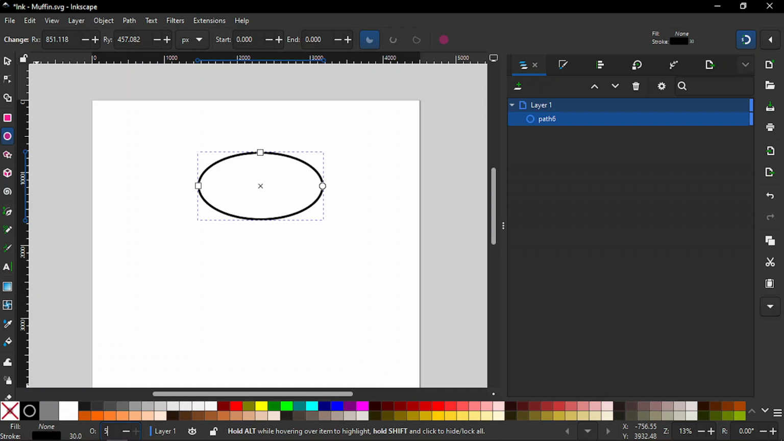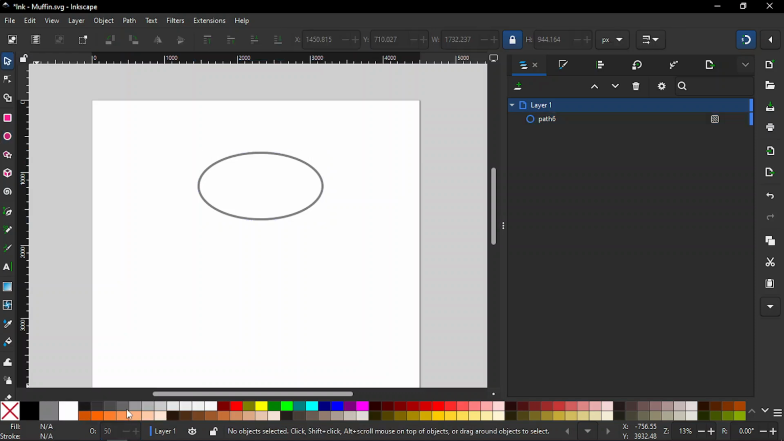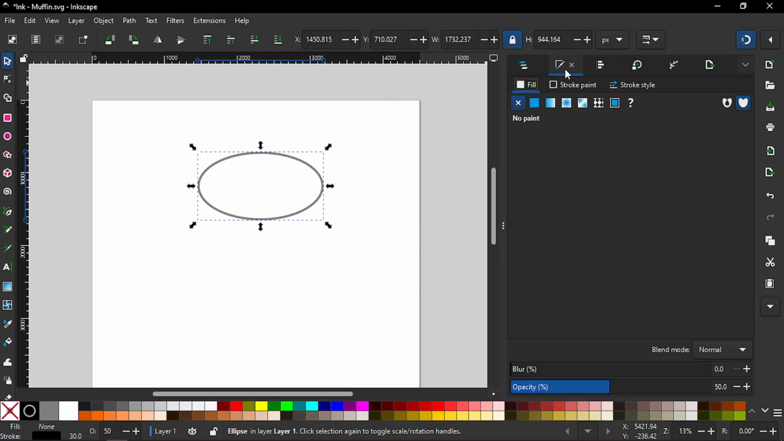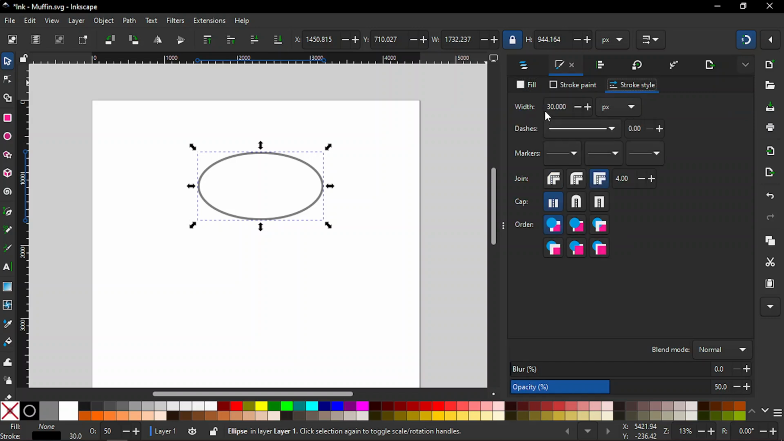Let's drop the opacity down to 50 and hit enter. Press the ESC key on our keyboard to escape. Now go to the selector tool by pressing S and select that. If you come over here, we will see under stroke style that the stroke width is 30, and here we will uncheck that for now. Keep that unchecked. Now we will unlock that for now, and let's have like 1200 of width,